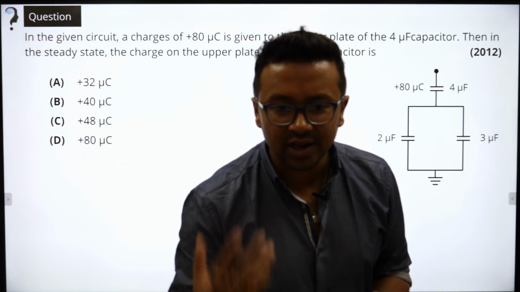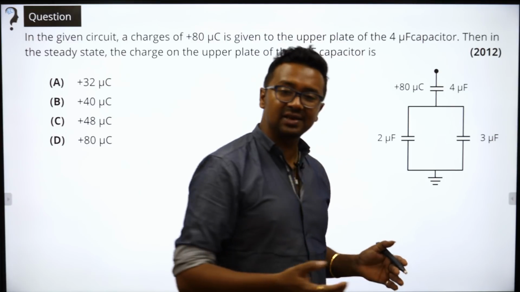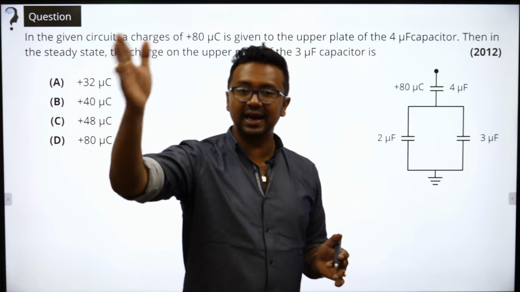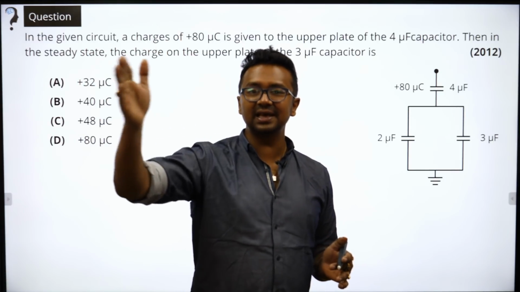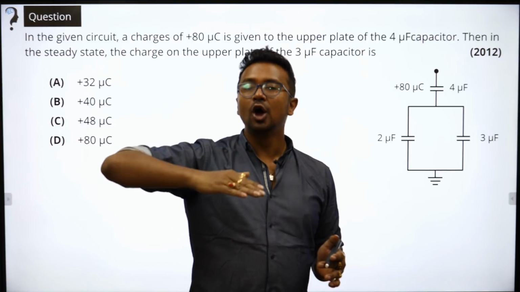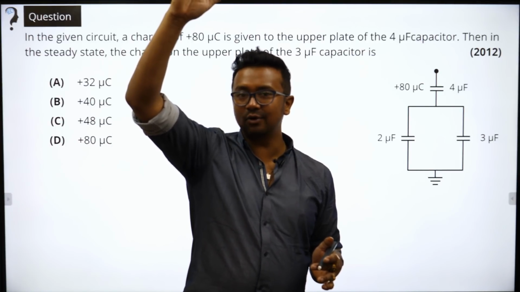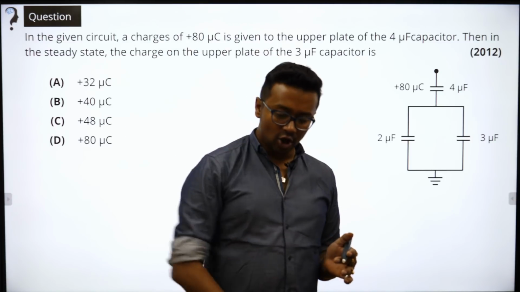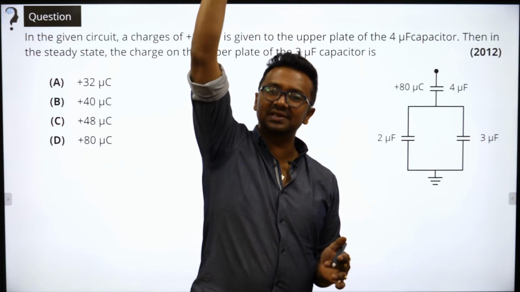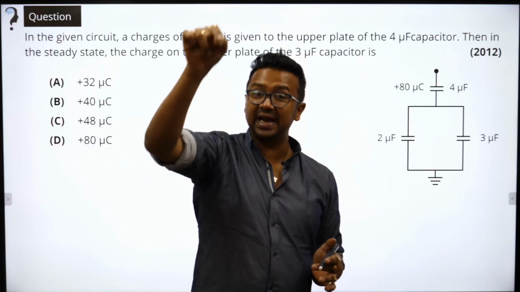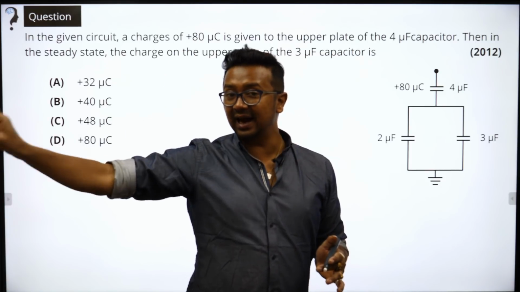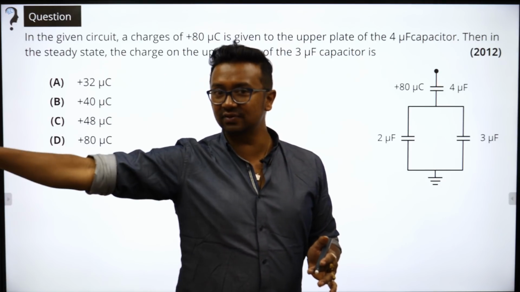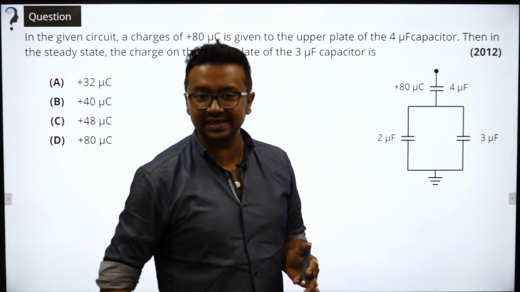Son, VA is not equal to VB. Did I write VA equals VB? I wrote VA is greater than VB and VA is equal to VC. All right, potential remains the same perpendicular to the field. So every point on the y-axis will have the same potential as that of point A, but B is ahead of A in the direction of the field, so potential is going to decrease out there.